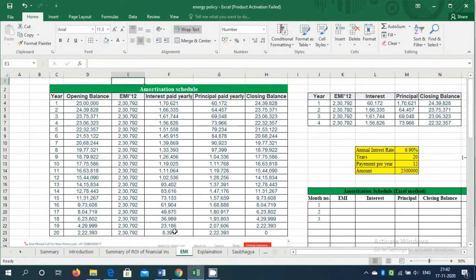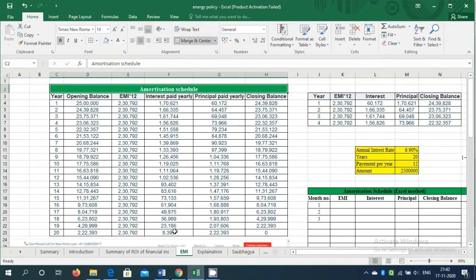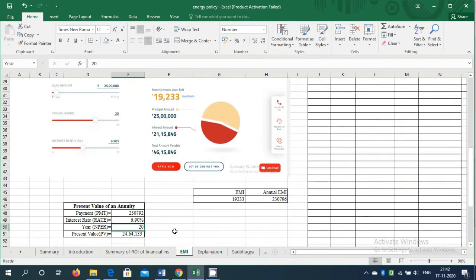And now I have just copied this one from the website of HDFC. The 20 years they have calculated based upon this one. Okay, the amortization schedule is given over here. Opening balance is 25 lakhs. EMI means whatever EMI remains constant, that is whatever amount we have calculated over here, the annual